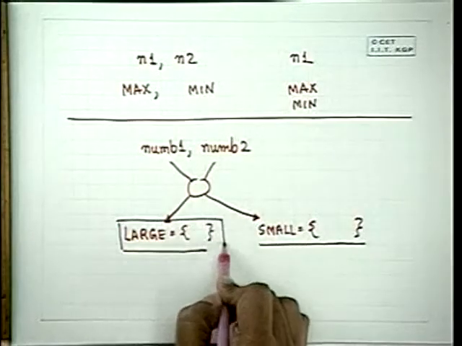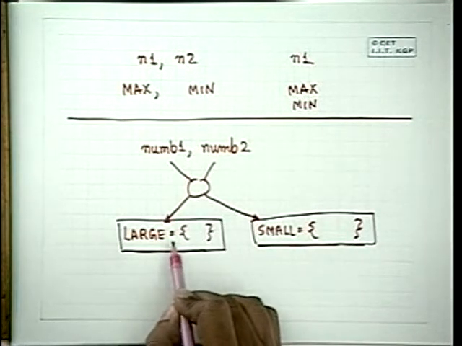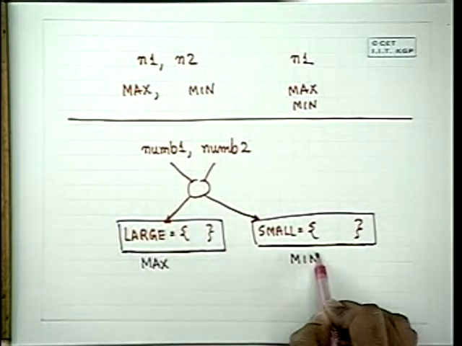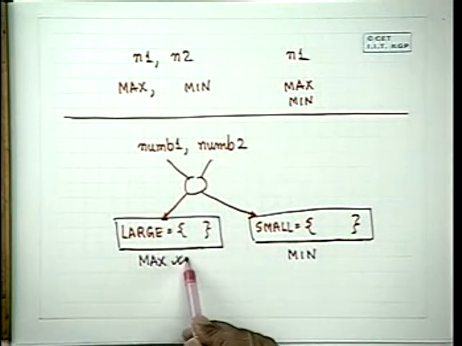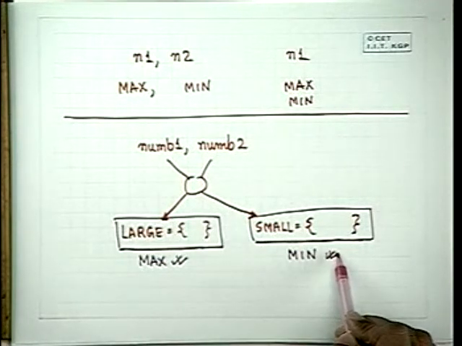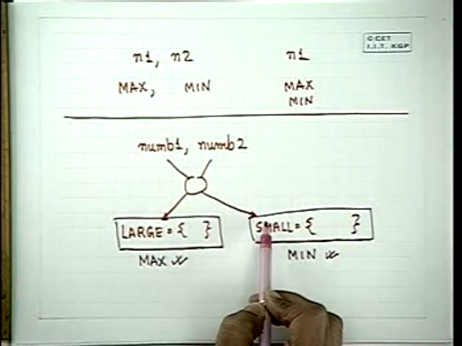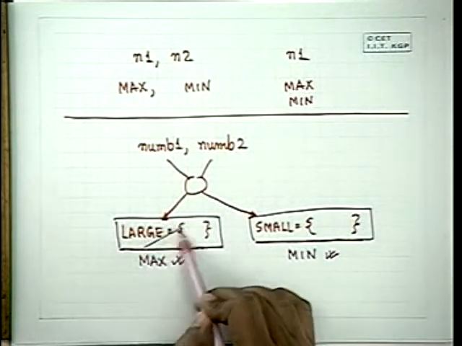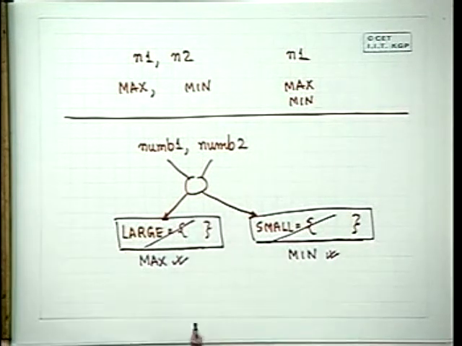Very simply, when we populated these two arrays, large and small, we need not have put them in the arrays. We could have kept a temporary max here and a temporary min here. And whenever we compare two numbers, the larger one we compare with the temporary max and the smaller one we compare with the temporary min. And we could have combined that maximum and minimum finding with this splitting up into two sets in one shot. If we did that together, we would not require these two arrays and we would have saved space.